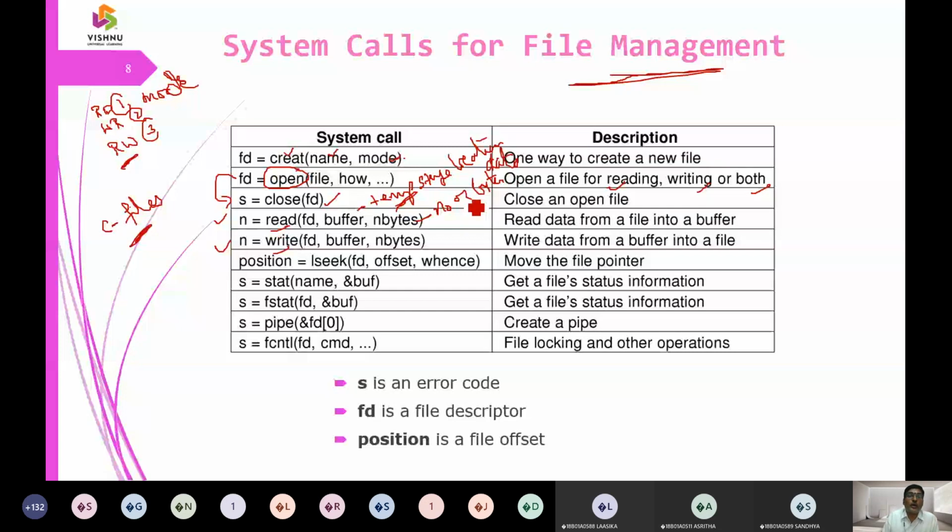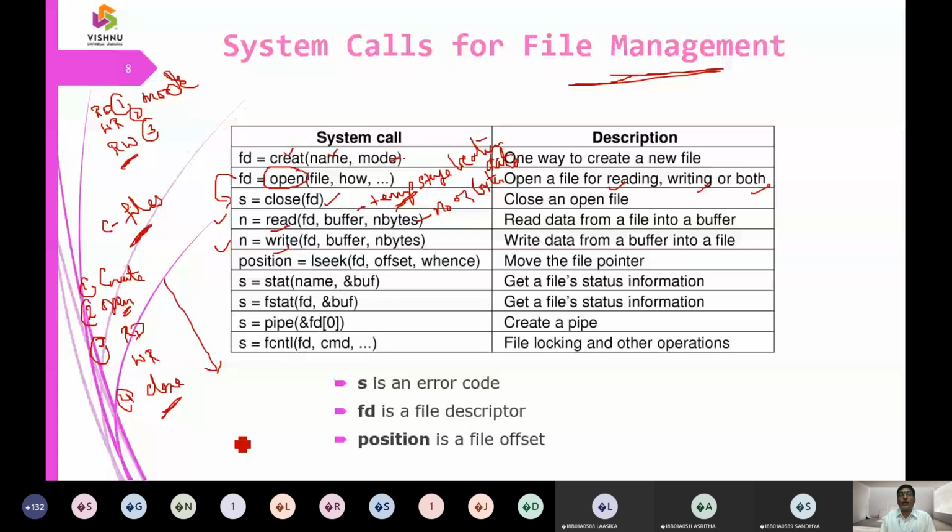So first one, we are going to say create a file, and after creating a file then we are going to open a file, and then we can make a read operation, we can make a write operation. Then after opening a file, we are going to make it as a close operation. So this is the sequence of steps what we are going to work with the files.